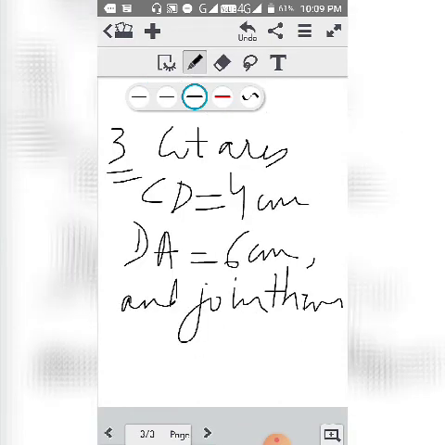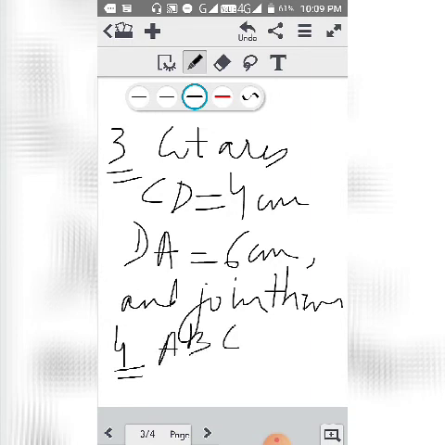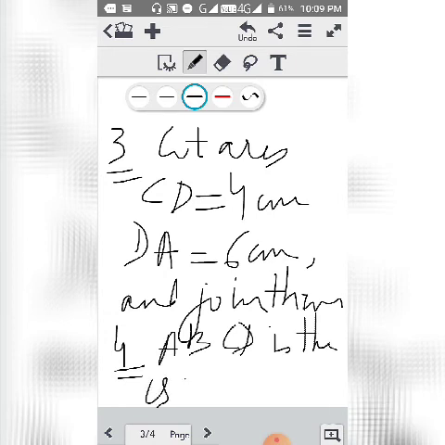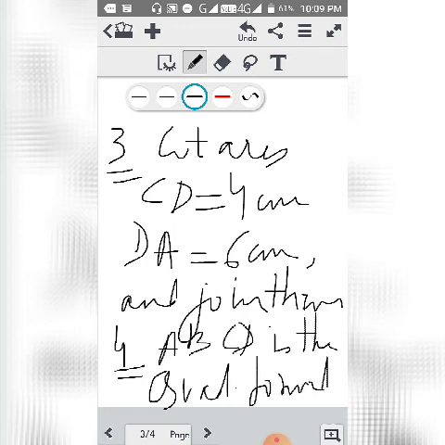So in the fourth step, you will write, maximum 4 steps or 5 steps, A, B, C, D is the quadrilateral formed. That's all. So we will not write long sentences. Wherever we use compass and we are drawing a line, we will write cut arc. Wherever we are using compass and making any angle, there.